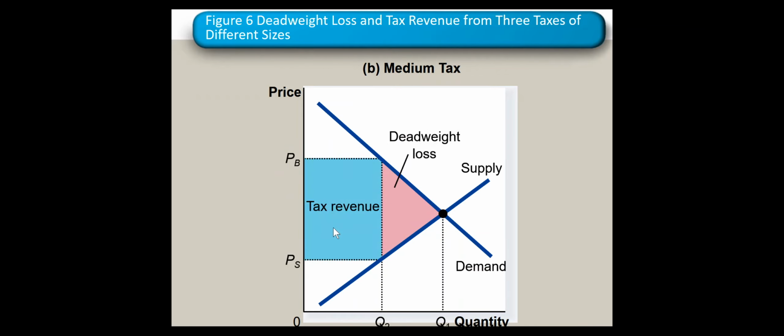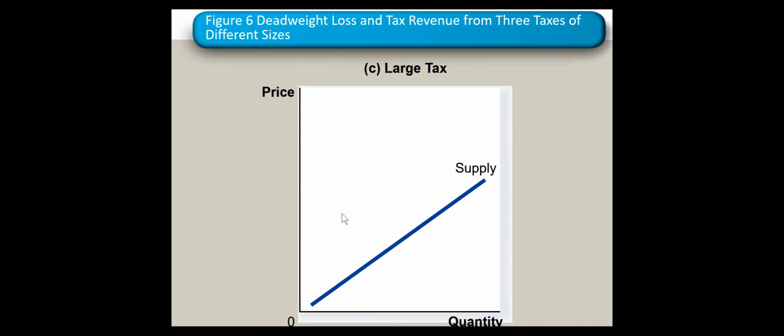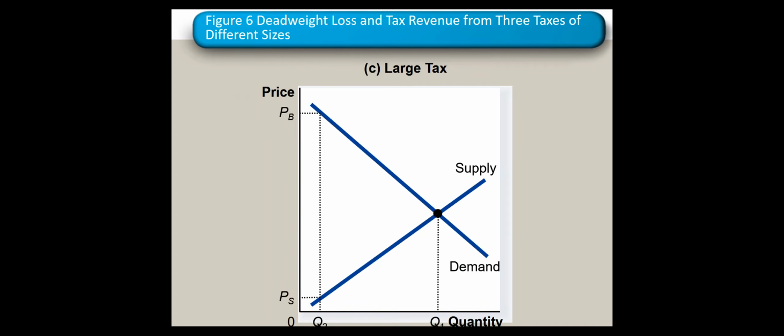If you keep incrementing, what happens? Now look, if we increment the magnitude again, now this is almost max. The tax itself is higher than the price of the item. So most of the benefit of trade will be gone as deadweight loss. It will be huge, and we will have a tax revenue, a tiny strip like this vertical strip. That one was horizontal earlier. This was a vertical strip, and it will not be big actually.